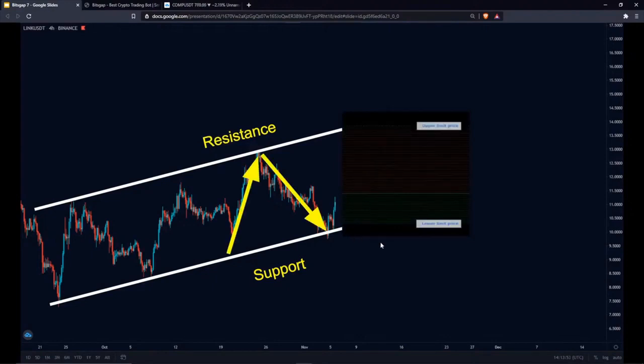Also notice that the stop loss is going to be pretty close to your entry price. So that's something you should consider as well. By the way, never forget about the